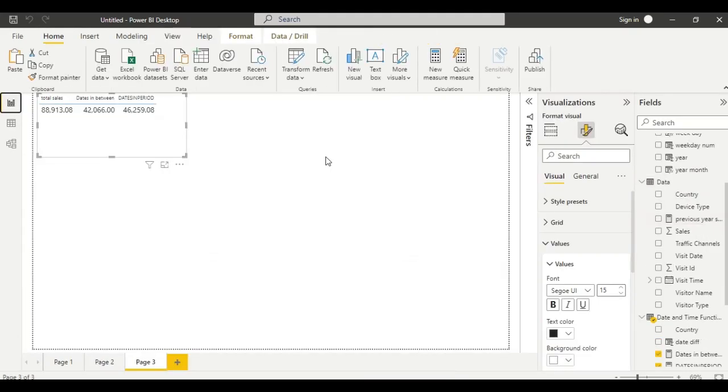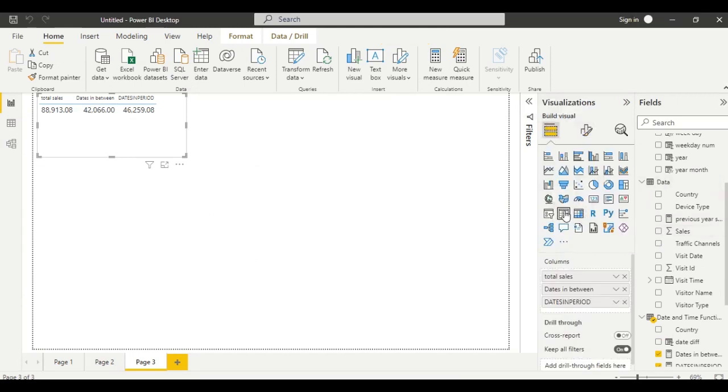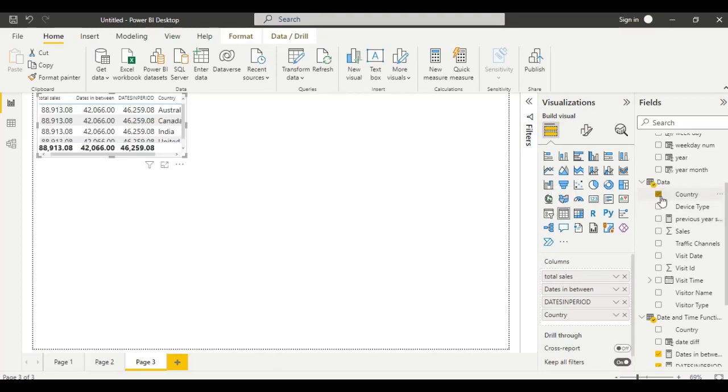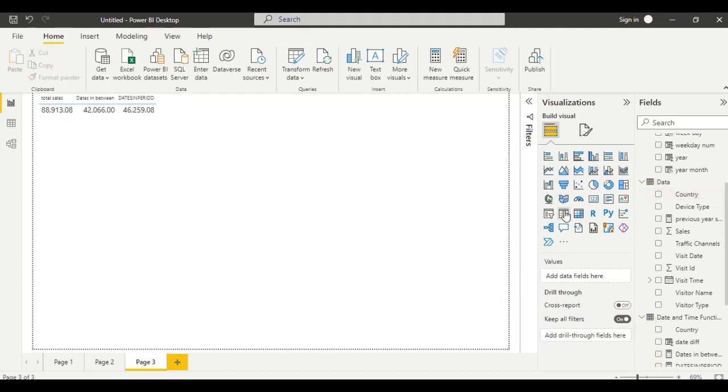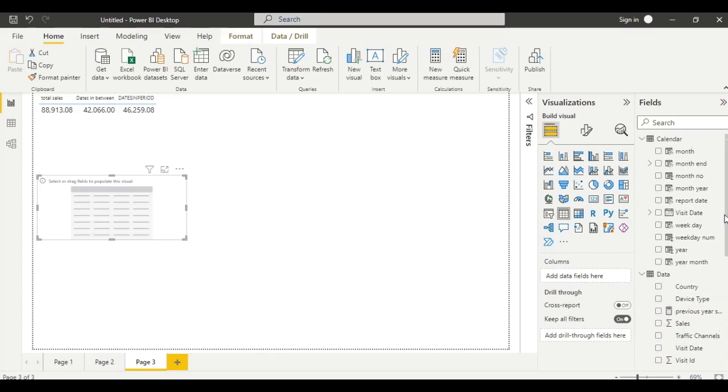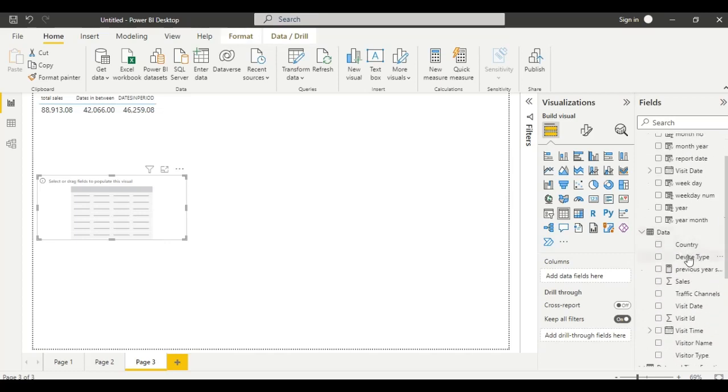Go to report view, select table, previous year sale.